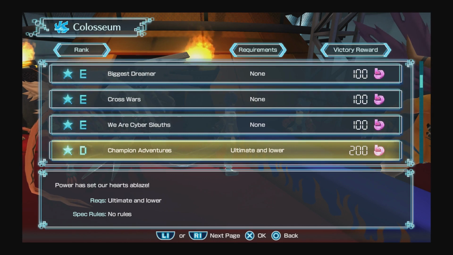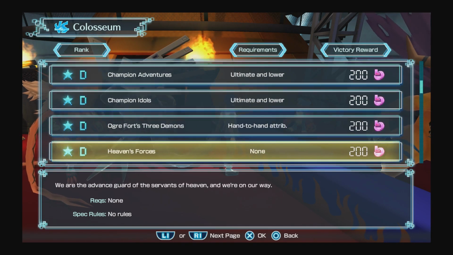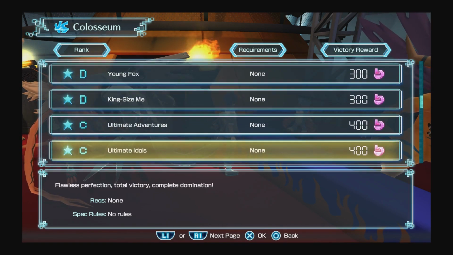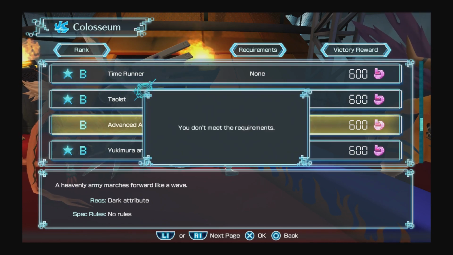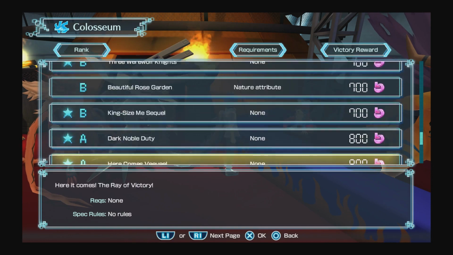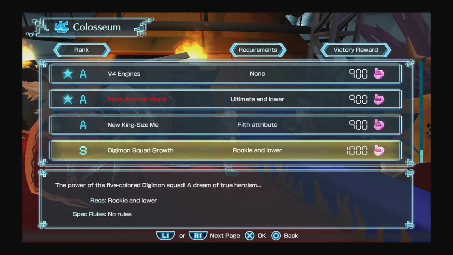Unfortunately, Machinedramon, much like Makuramon, its real form, doesn't have an attribute, so any of the attribute ones that are cleared are not going to help there. Don't have a dark attribute. Certainly don't have a nature attribute. Especially not a filth one. And we're over rookies, so we'll have to wait for the next generation for that. So that's basically it, currently, for